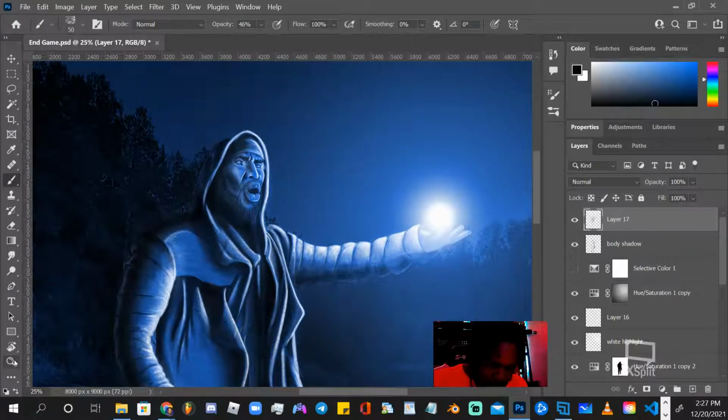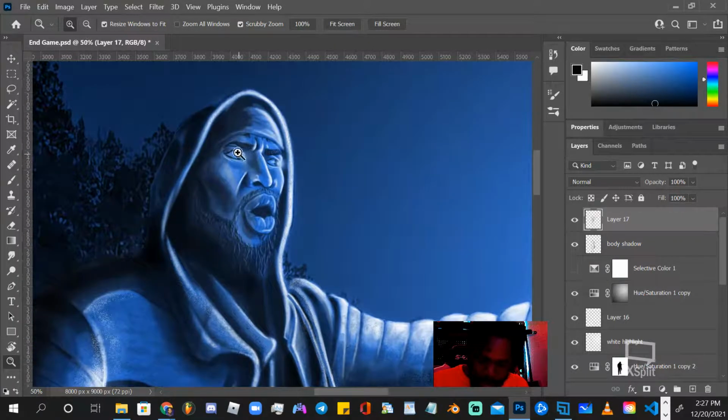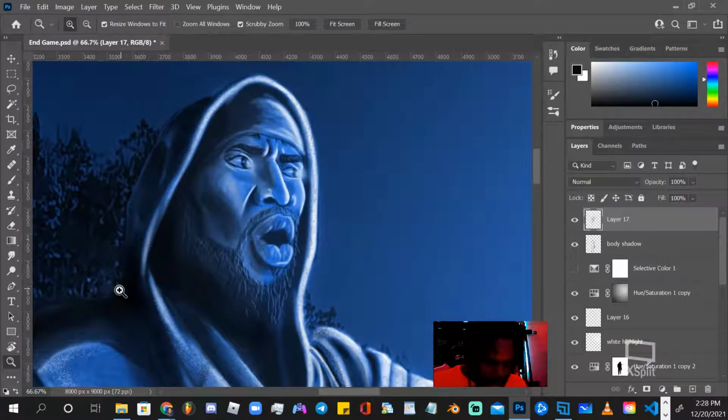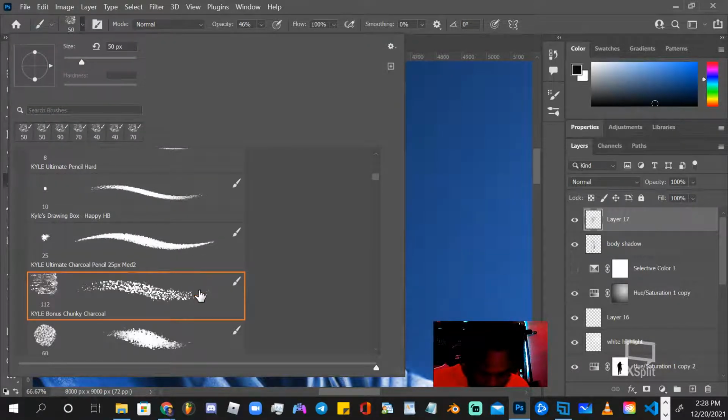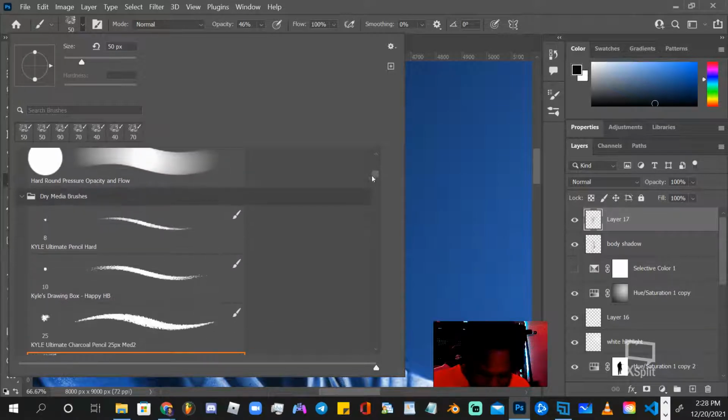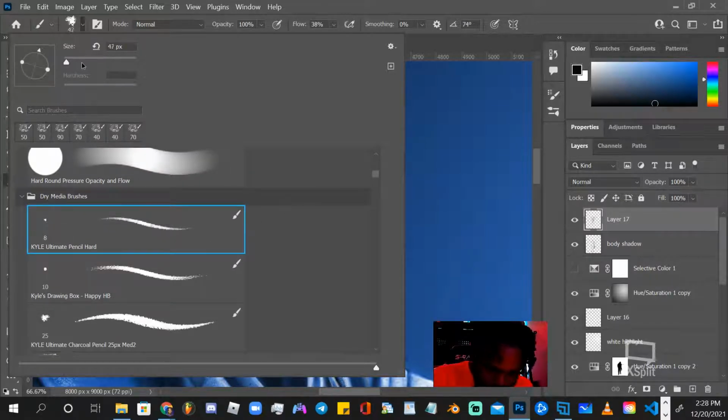This face is not bad at all. So I do want to give it some sort of skin pore vibes, you know. So let's go back to our brush. Let's see if we can get a brush that is a little more pinpoint as far as that texture. Maybe let's try this one. A little scratchiness. Let's see how this one works for us.